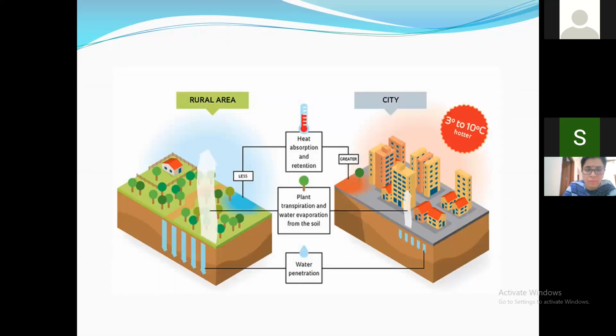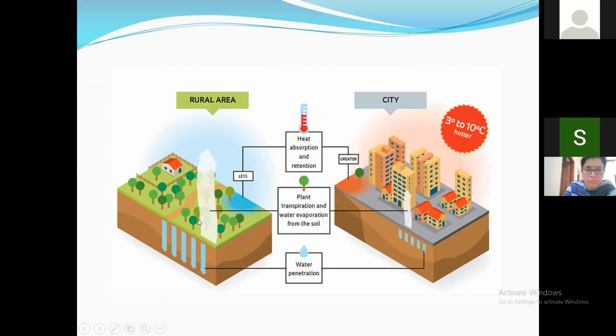So what happens? This is a typical schematic diagram which I'm going to share with you. If you see, you have high-rise buildings over here. In rural areas, very few buildings. In terms of the densities, buildings are located much nearer to each other. They are very compact, and the number is more. And then, of course, you have these paved surfaces within the city, whereas in rural areas, you have lots of